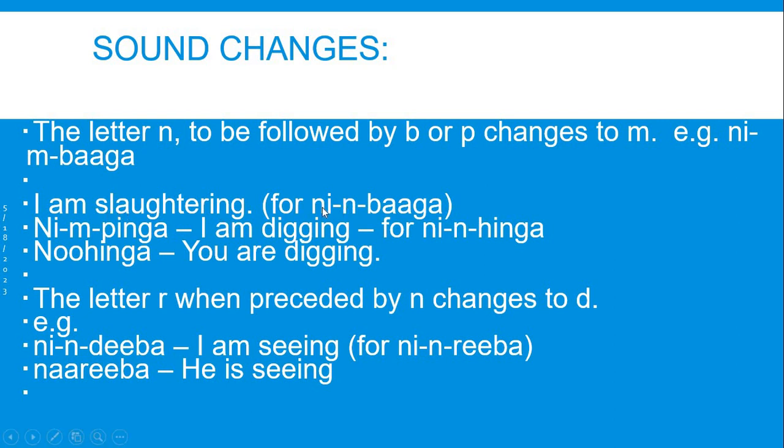Ni represents I. Then letter N is... Meaning, if you have this letter N and the letter in front is B or P, it changes to M. That is why a word like ninbaga, okubaga, it becomes nimbaga. The N becomes M, nimbaga,